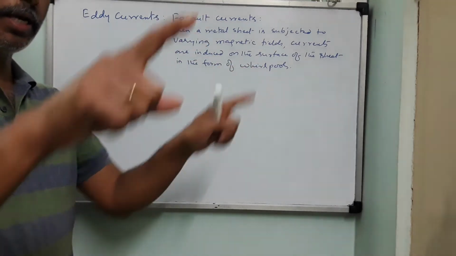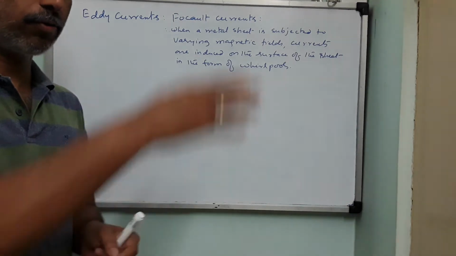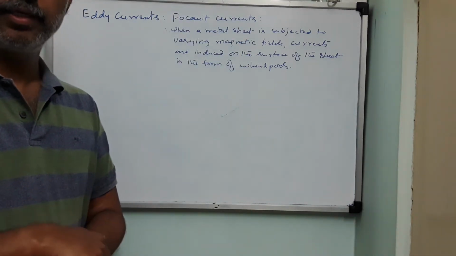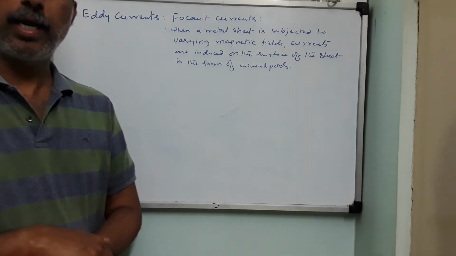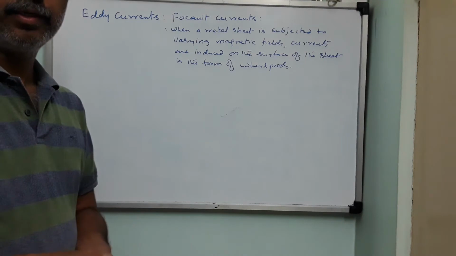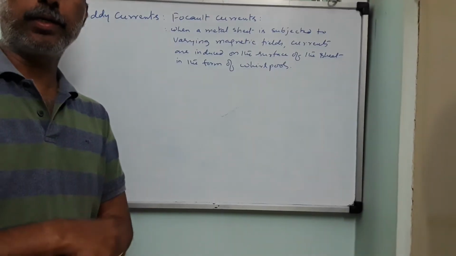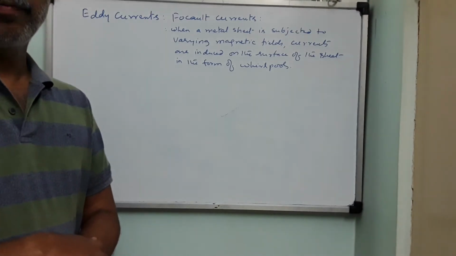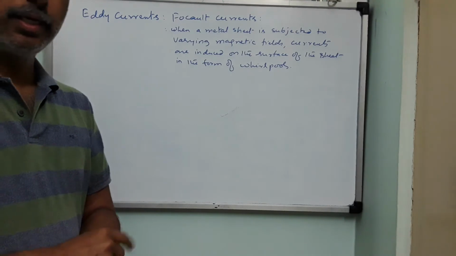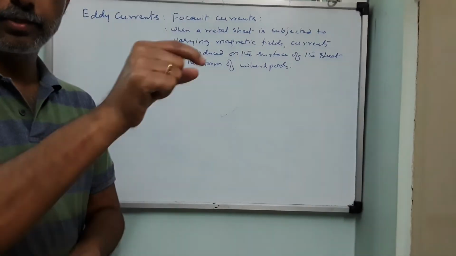So you have the sheet as it is. To decrease the surface area, you would have to cut the sheet, that is, decrease it dimension-wise. But that is not the anticipated move, because you want that much of the sheet, and still you want fewer eddy currents, less magnitude of eddy currents induced. So you keep the dimensions of the sheet as they are, with length and breadth. Either you make holes in the sheet or you cut slots.